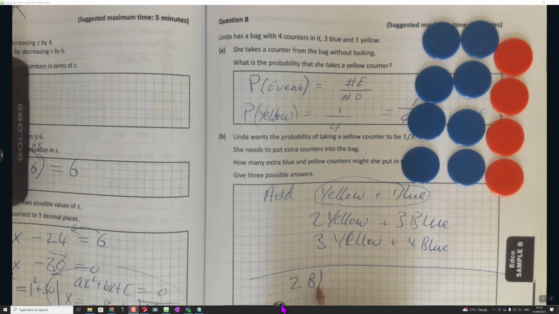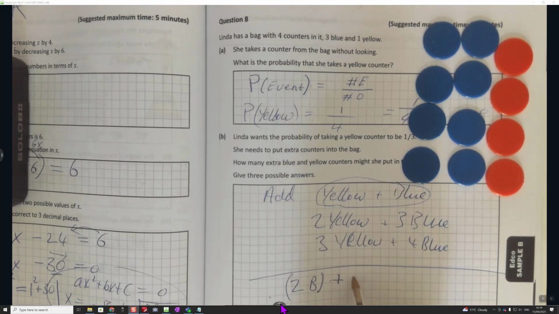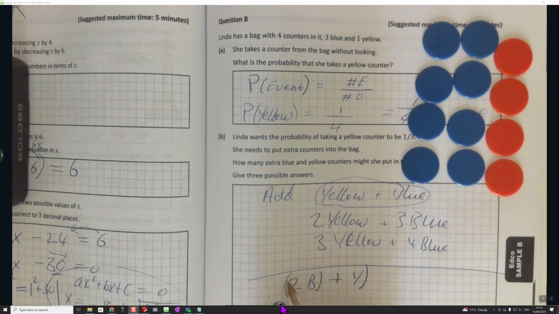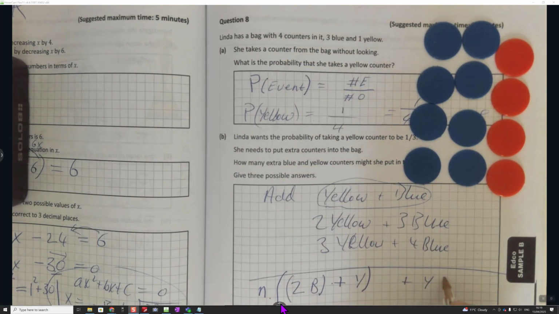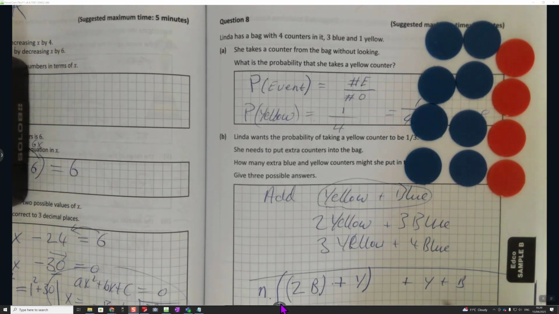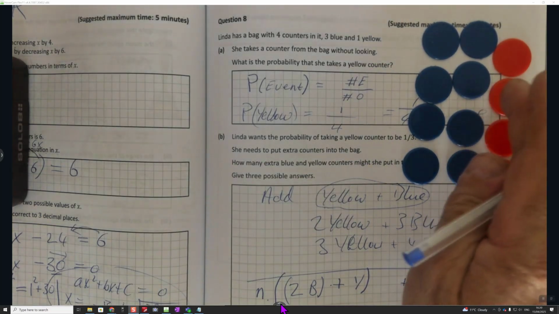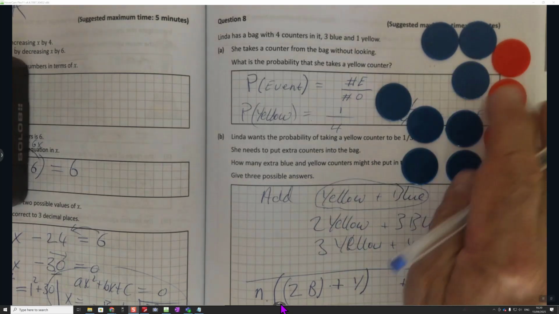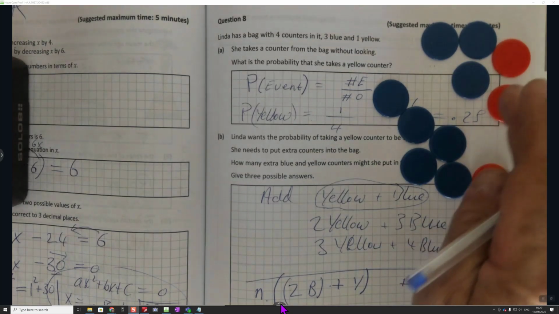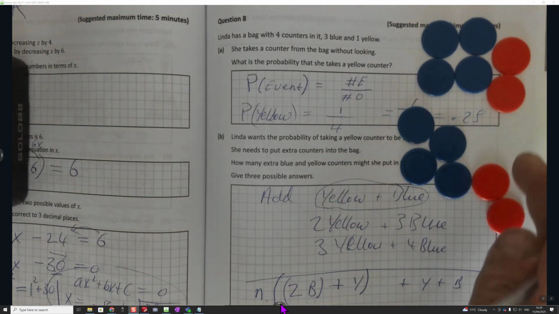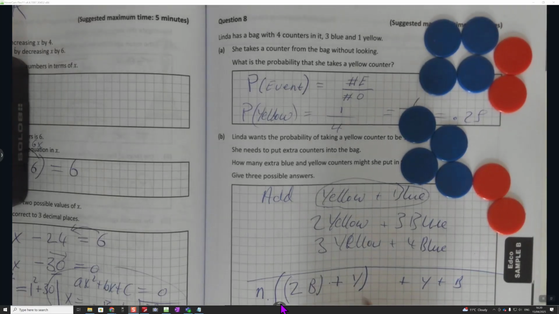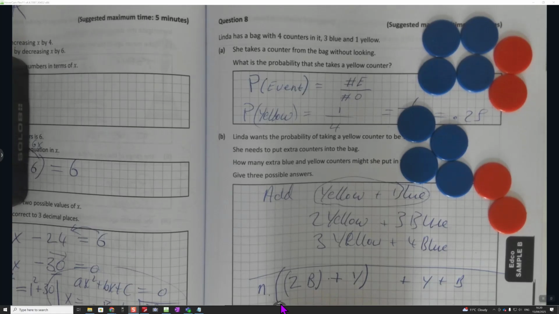plus y, we'll group that, multiply it by n, plus a yellow and a blue. For the original, remember we started like this, we added a yellow and a blue to make it a 3rd, and then we could have as many of these packages as possible, and that would simplify, so it would become